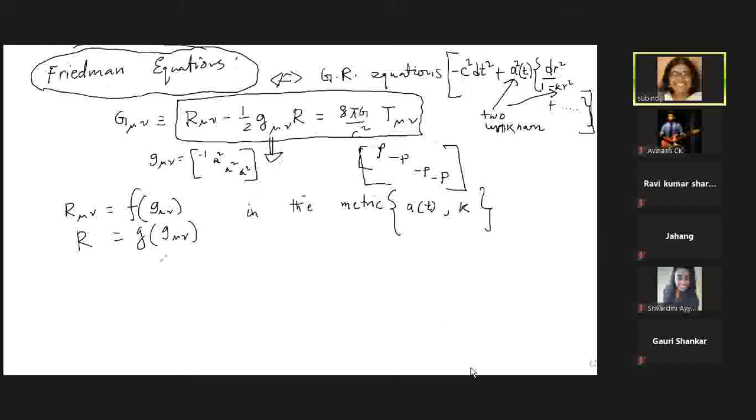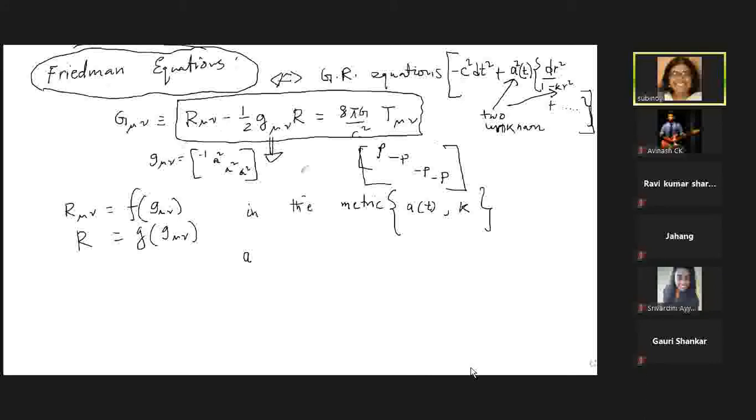So now I will not go into the detail. Once you solve the equation, you get only two equations which are very simple. The first equation, because R mu nu, R, all these things are derivatives. As I said, you remember last class I said it is equivalent to a Poisson equation. The Poisson equation has this double derivative term, grad square phi is 4 pi G rho. Like that, here you have both space and time derivatives, because in GR, space and time are both treated